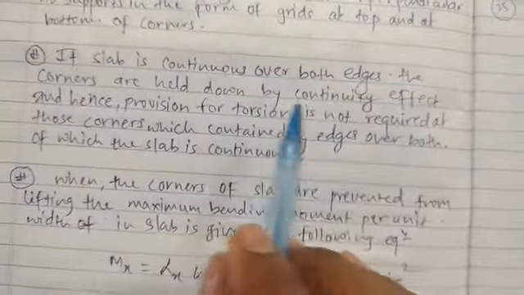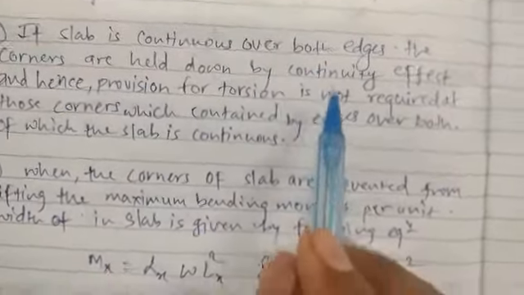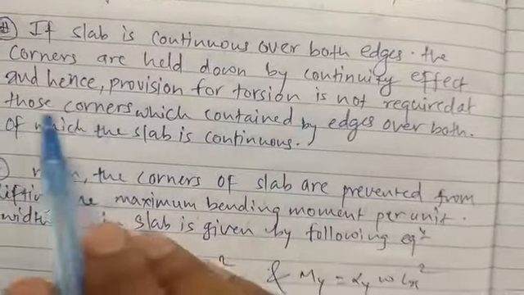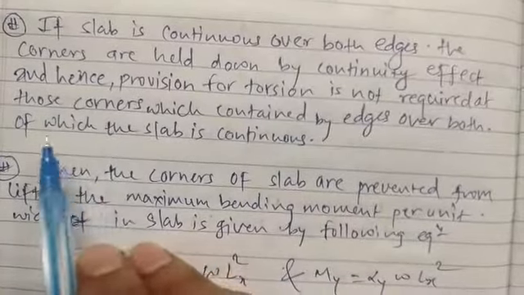If the slab is continuous over both the edges, the corners are held down by the continuity effect, and hence provision of torsion reinforcement is not required. Those corners which are contained by edges over both of which the slab is continuous. So it means that when a slab, suppose if you have taken a span like this,